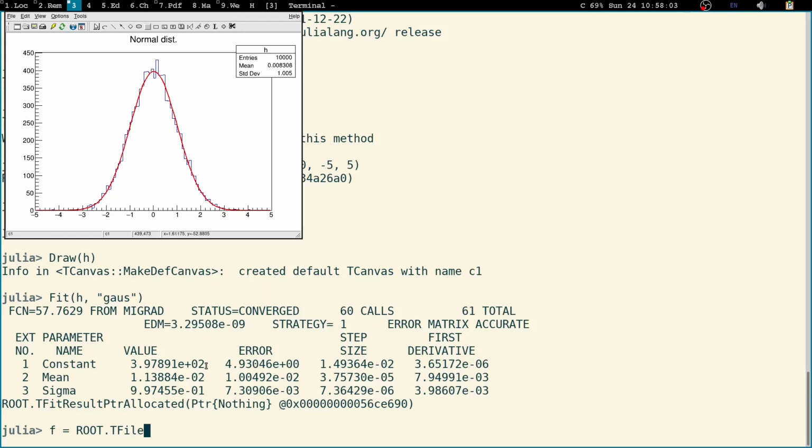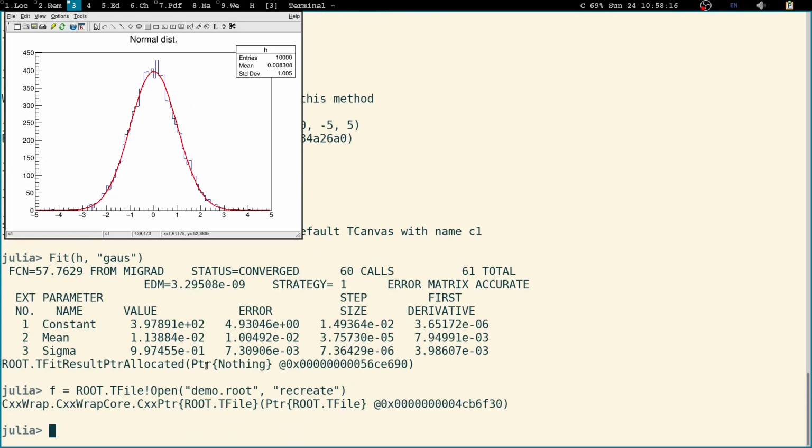So I use an exclamation mark in place of colon, and the function is Open. I must give a name for the file and an opening mode, which is recreate. Now that the file is open, I can write the histogram in the file. For this I use the Write method of the TH1D class. So write